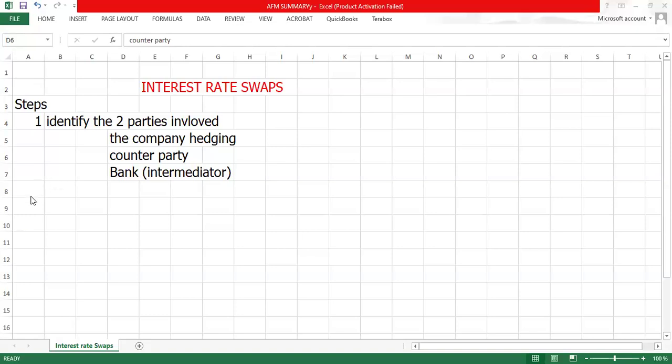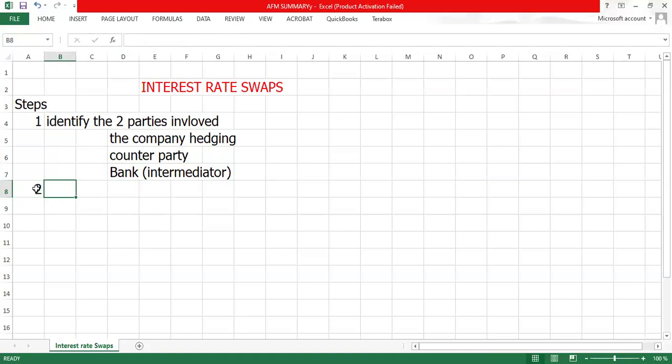Okay, so you will always need to identify the two parties involved, that is the company hedging and the counterparty. But at the same time, you need to observe who is an intermediator there. Then number two, you always need to identify